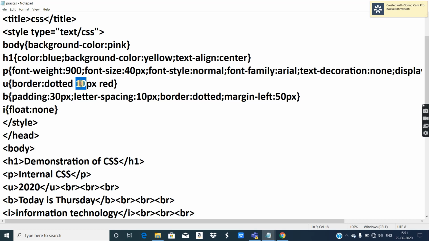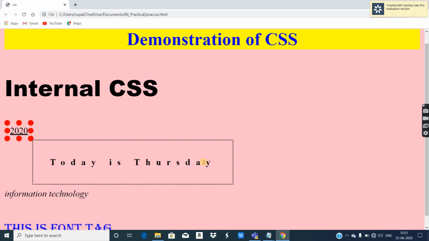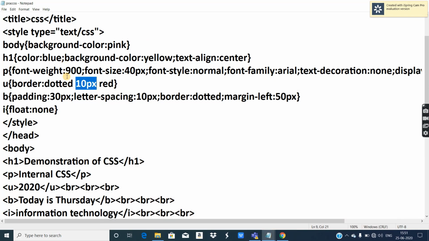Dotted, 10 pixel relates to the thickness of the border, and the color of the border I have provided red color. Okay, so just see this. See, red color border, dotted, and the thickness of the border is 10 pixels as I gave.